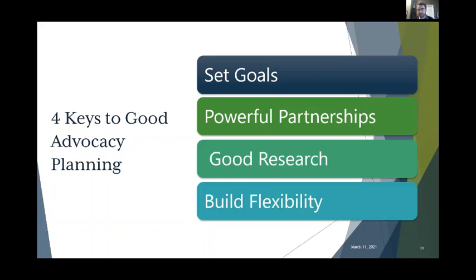Partnerships, stakeholders, I'll use those two interchangeably. As you're planning, look around: who are others in your community who can help with this, who are others in the region? Again, almost a blanket statement: the more voices, the more people you have advocating on an issue or on your side, the more powerful your message and voice is. So when you're doing your planning, start looking around and find those other champions to your cause.